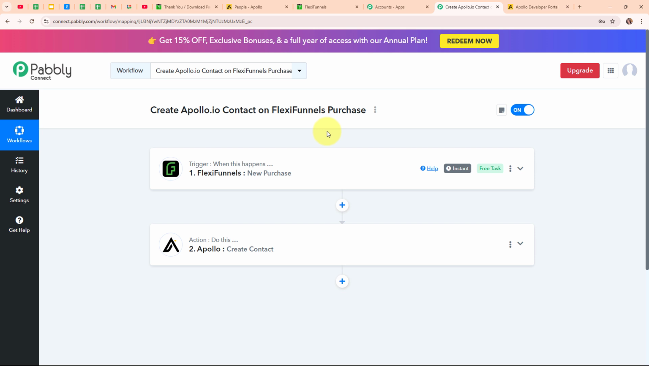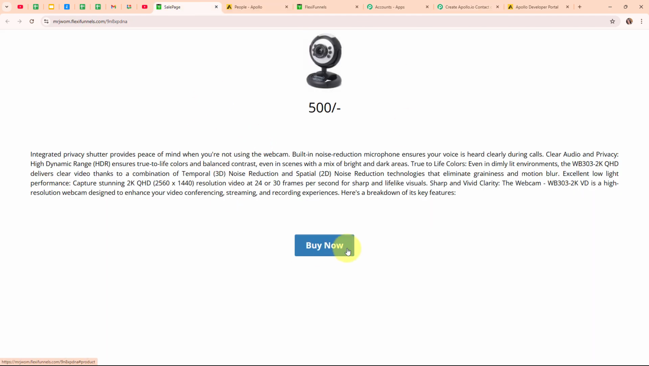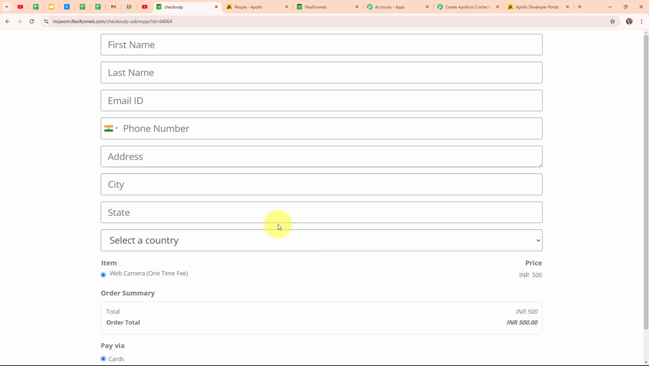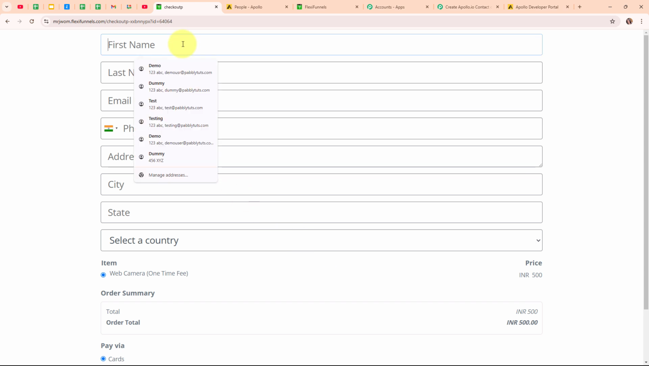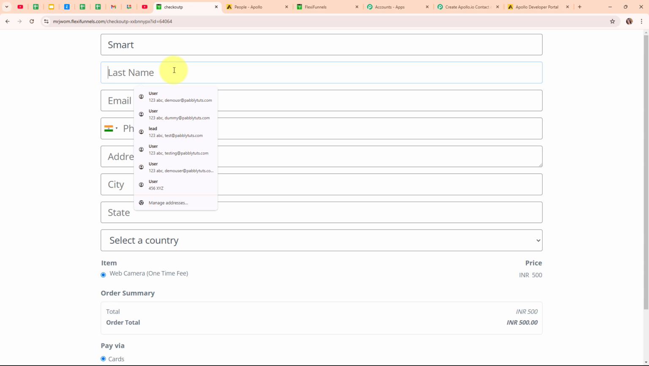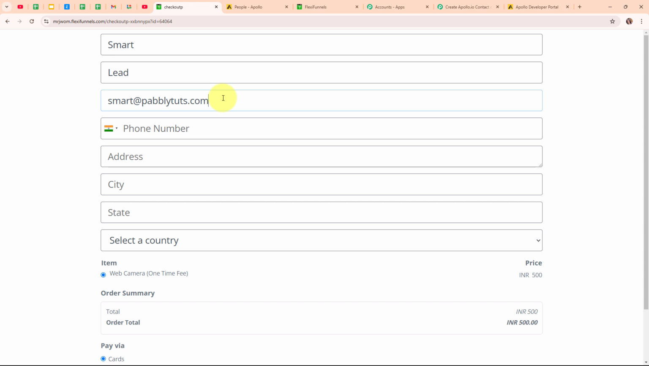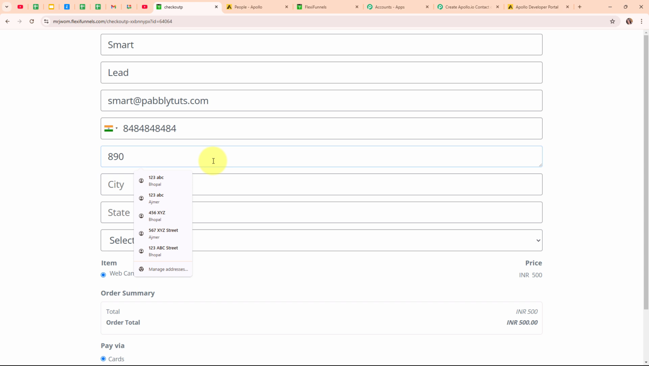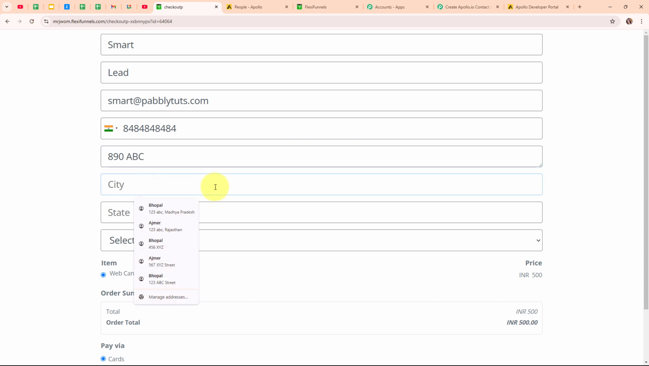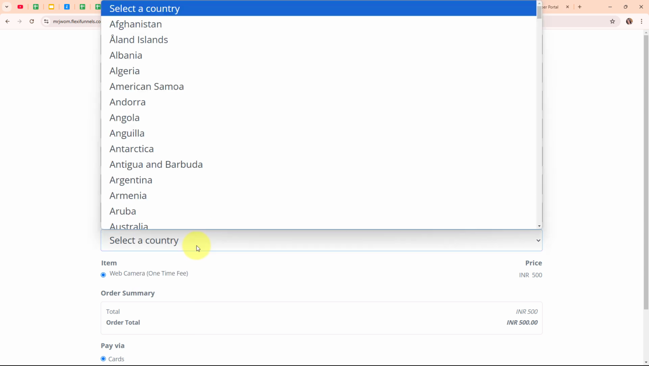Now let's test our automation to check whether it is working or not. So to test our automation, we are going to make another test purchase in our FlexiFunnels account. And for that, let me take you back to my sales page. So this is my sales page, and I'm going to click on this buy now again. And again, I'm going to enter some dummy data and do a test submission. So for the first name, I'm going to enter Smart, last name as Lead, email as smart@pabblytudes.com. Here I'm going to enter a random phone number, and then I'm going to enter the address as 890 ABC. Here I'm going to enter the city as Ajmer, state as Rajasthan,